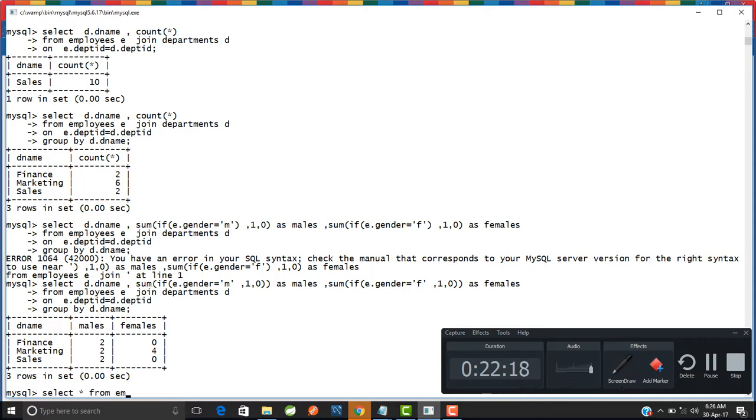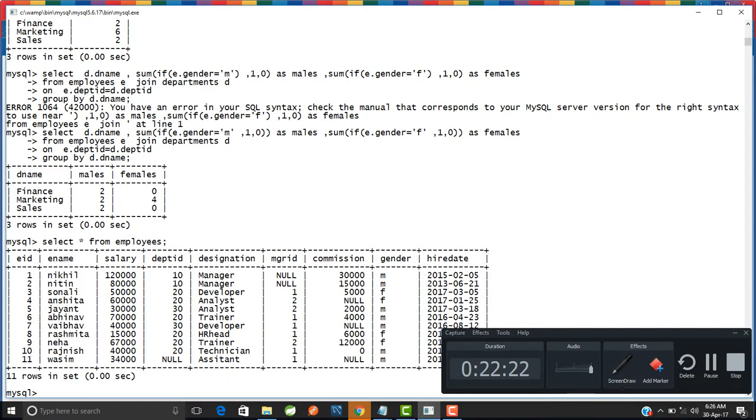Select star from employees. This is my employees table. And suppose you see the department number 10. In department number 10, there are Nikhil and Nitin, and both of them are males. So that is why department 10,